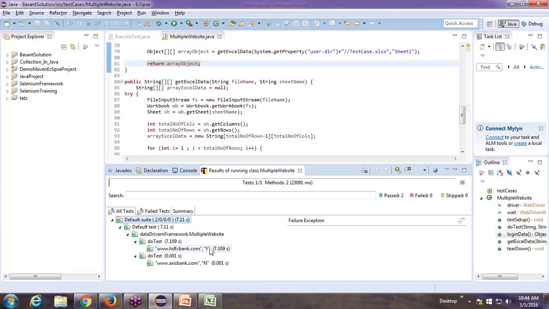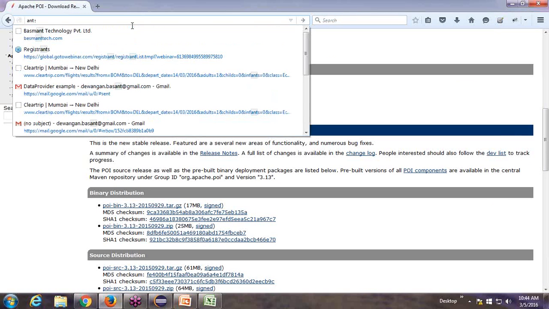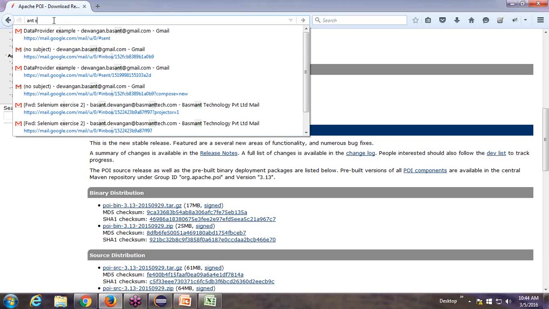For report generating, I will give you that information tomorrow. Okay, how can we report? Generally, I will tell you how we generate a report. For report generation we can use Ant. We have to use Ant as a build tool, and this build tool will help us. And also we would like to use